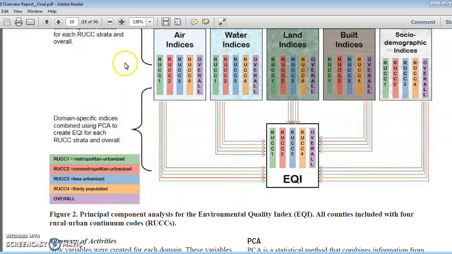Okay, so you can see the 4 categories for RUCC: metropolitan urbanized, non-metropolitan urbanized, then less urbanized, and last is for thinly populated. So these are the 4 categories defined to calculate